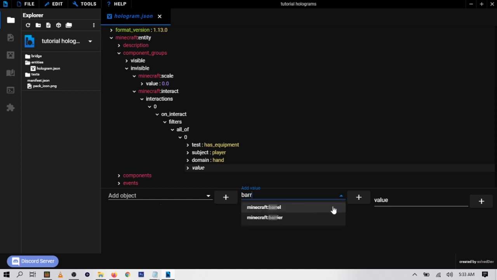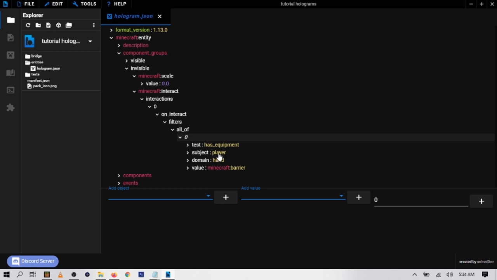I chose barrier blocks, so just type in barrier, Minecraft barrier. So now it's testing if the player has the equipment in their hand, which is a barrier. And then